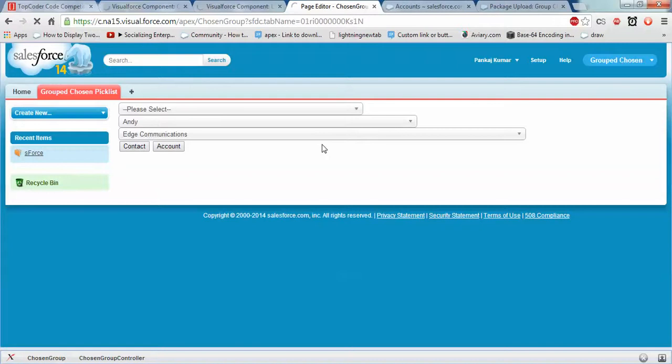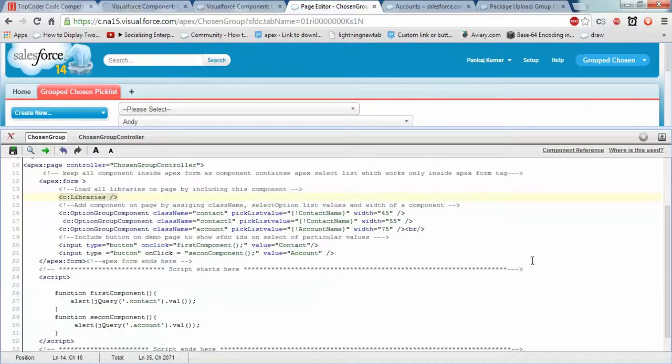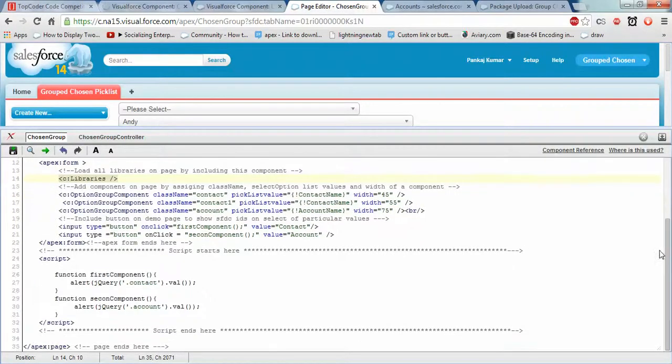It's up to you. I have just given two default buttons to show the demo of how we can retrieve the value. To retrieve a value is very simple. We just need to write the class name which we are passing here. By this we can retrieve the values of the picklist.